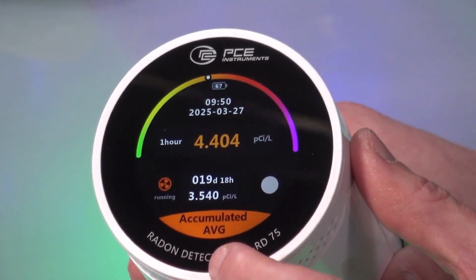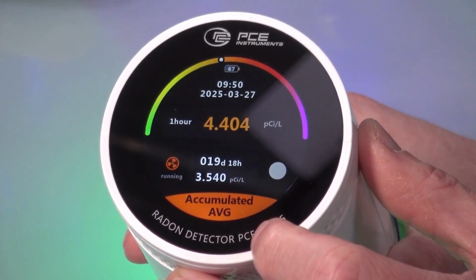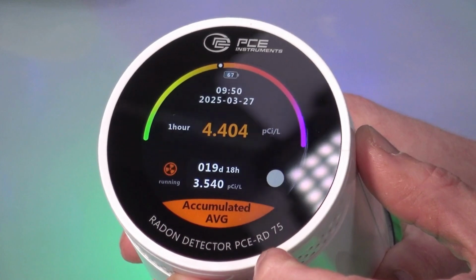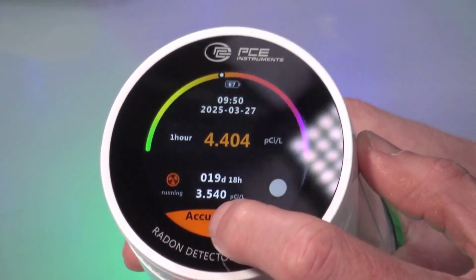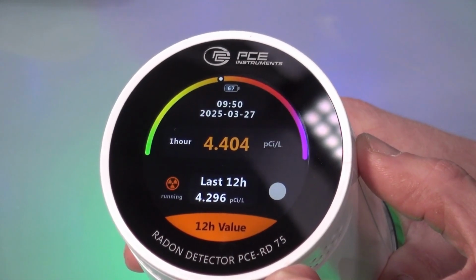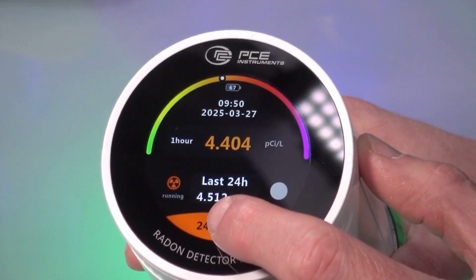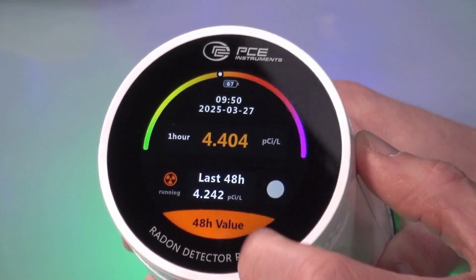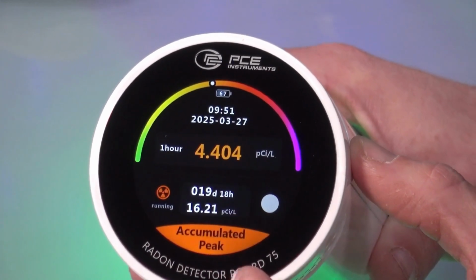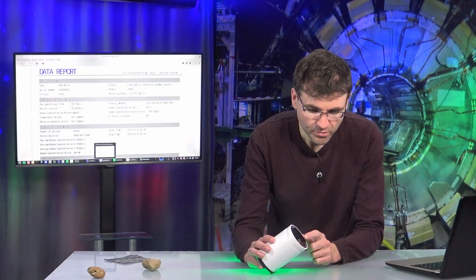We have other displays down here. For example, we see the accumulated value of the last 19 days, in the case that the device is currently running here. We can press on it here because it's a touchscreen, and hold down on the average value of the last 12 hours, the last 24 hours, the last 48 hours, and the last 96 hours, and then return to the total value. The big dot at the bottom here takes us to the menu,